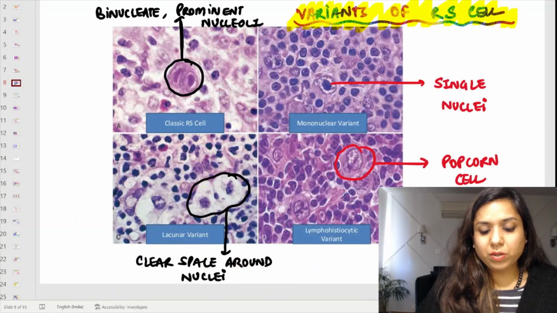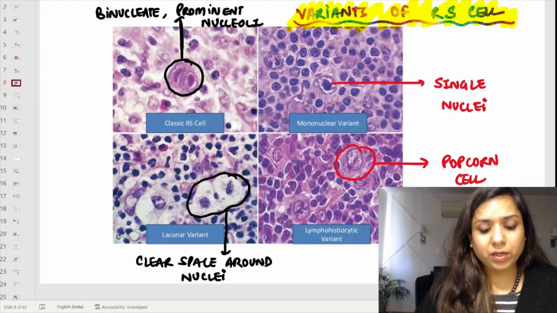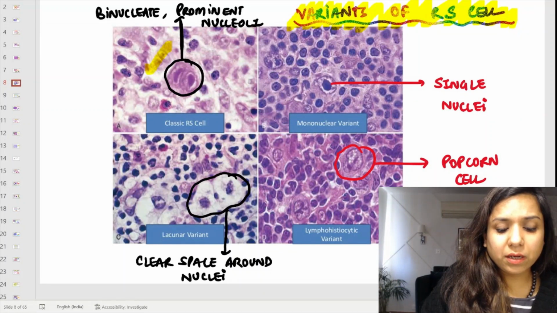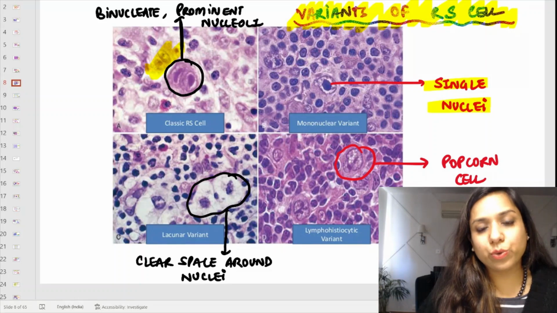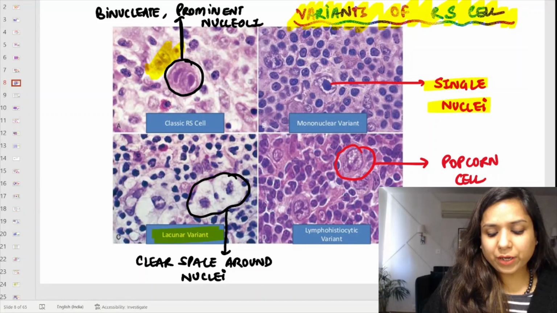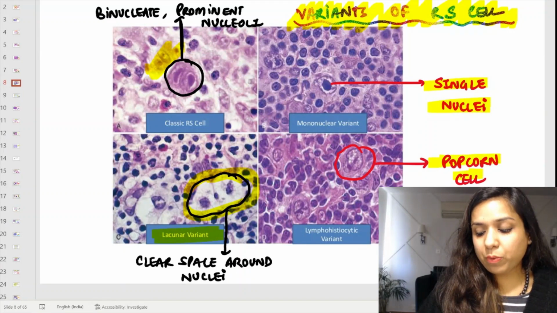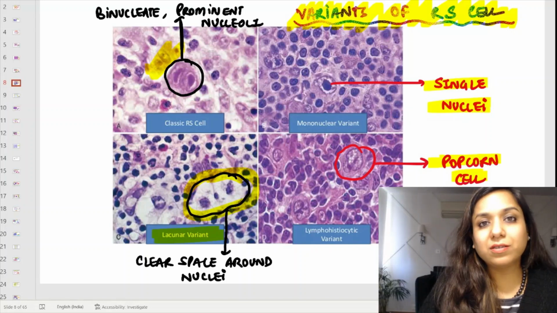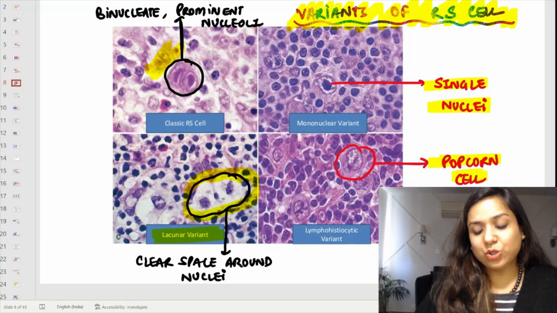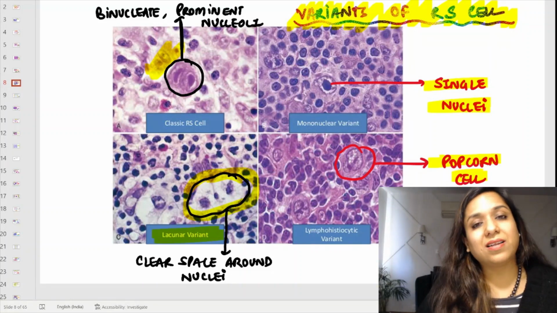Next, let us proceed to the next image, students. This is a gist of whatever I have told you till now. This is a characteristic Reed-Sternberg cell, which is binucleate with owl's eye appearance. This is with a single nucleus. That is why it is called a mononuclear variant. This is the lacunar variant, in which I can see a clear space around it. And this is the popcorn cell because it looks like a popcorn. I always keep on saying that we pathologists are very fond of food items, right? So because this nucleus or the cell looks like a popcorn kernel, that is why it is called a